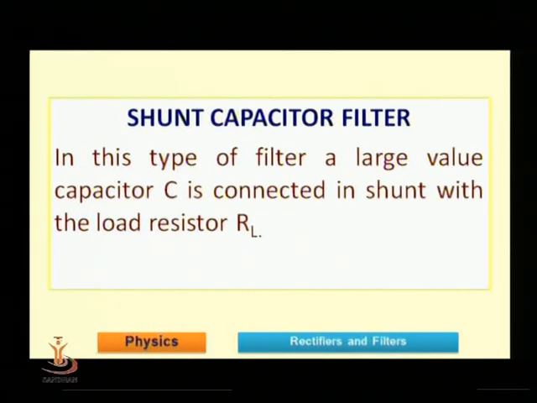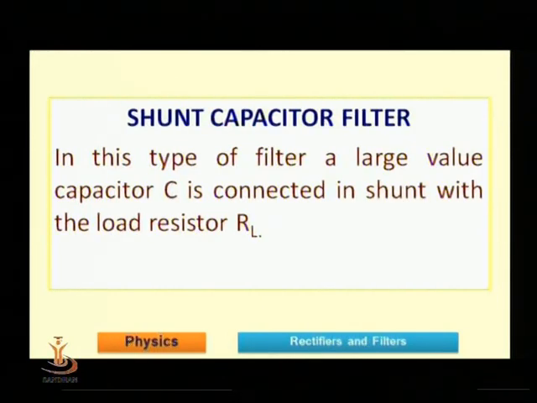because if you put it in the formula XC equal to 1 upon 2 pi FC, F is 0, then XC becomes infinite. So the capacitor is not allowing any DC component to pass. Hence the capacitor bypasses all the AC components, whereas DC components are not passing through the capacitor. These are the two basic principles behind the filter.